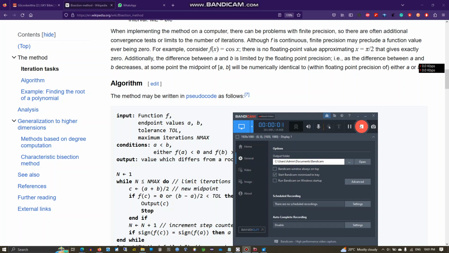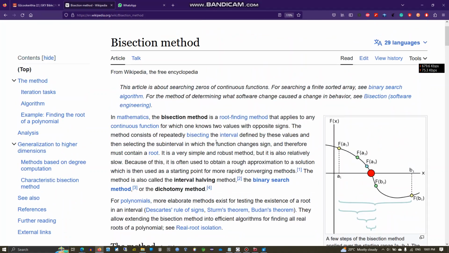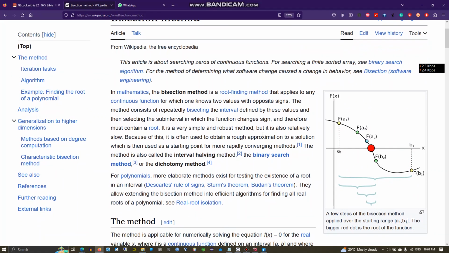Hello, there was a time I shared a problem, or an assignment rather, where we try to create a program, in any programming language, that would find the roots of a function by using the bisection method. If you're not familiar with the bisection method, it's a technique in numerical analysis of finding the roots of a function